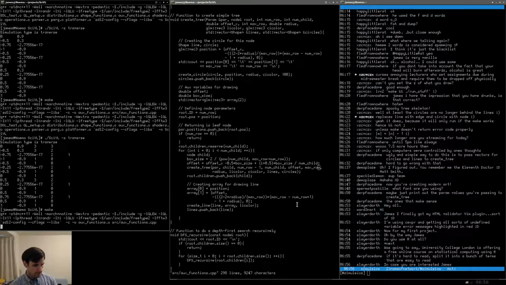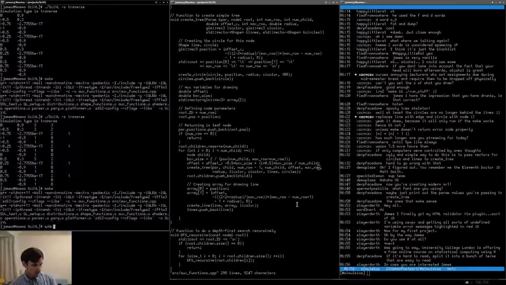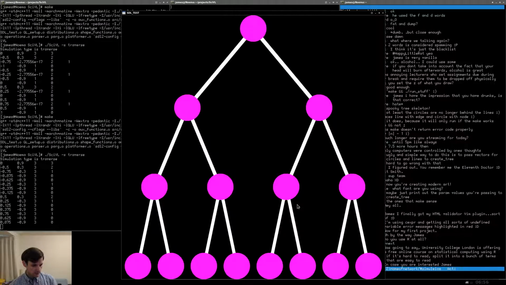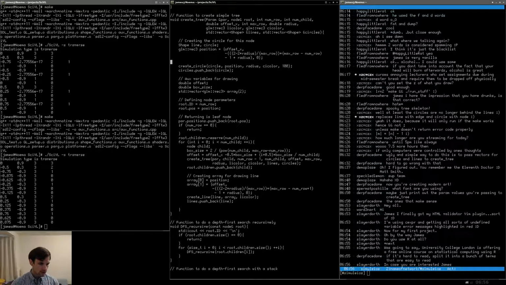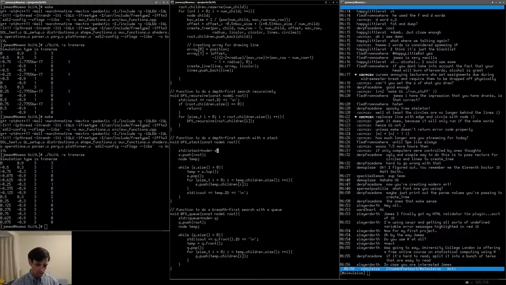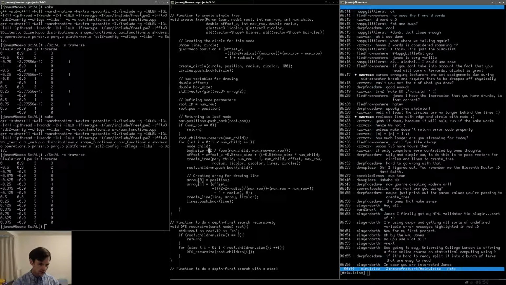Make that. Traverse. Yep, there we go. Perfect. So let's go ahead and add in the X offset, and then we can go from there. Let's get rid of these guys. And for the box size, it should be 2, but it's not quite 2. It's page up. It should be 2